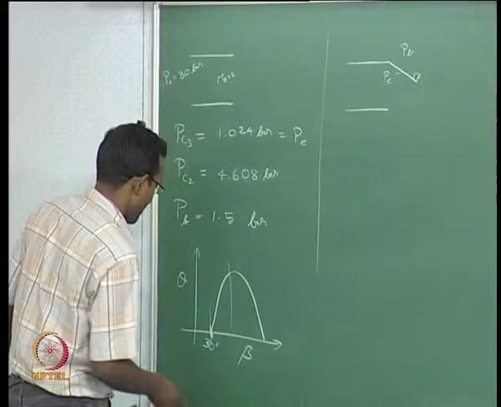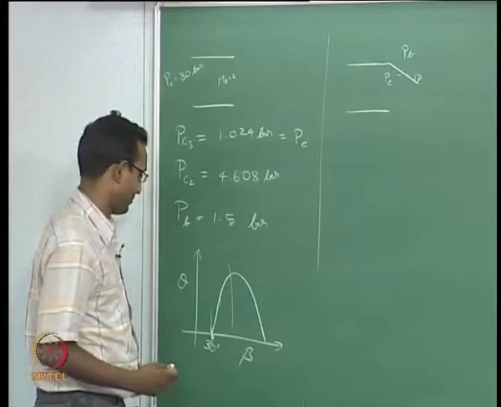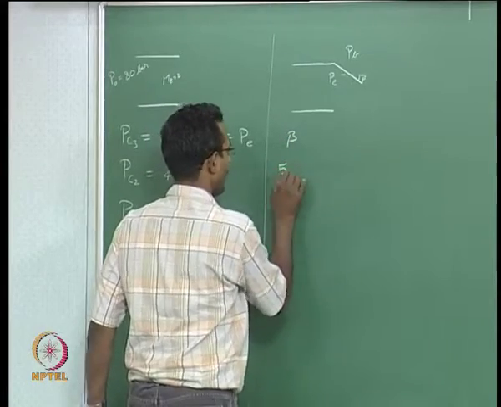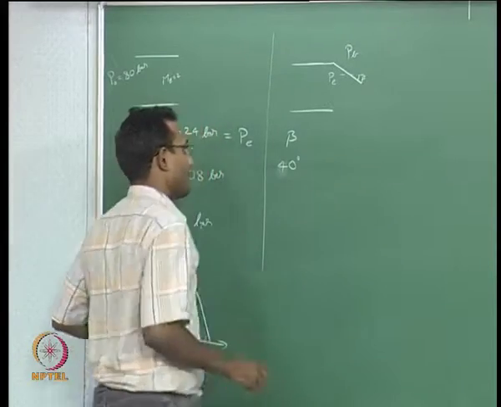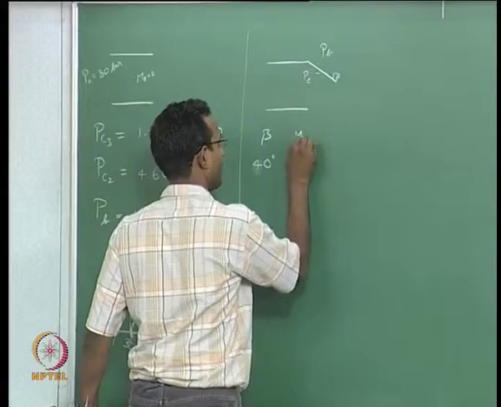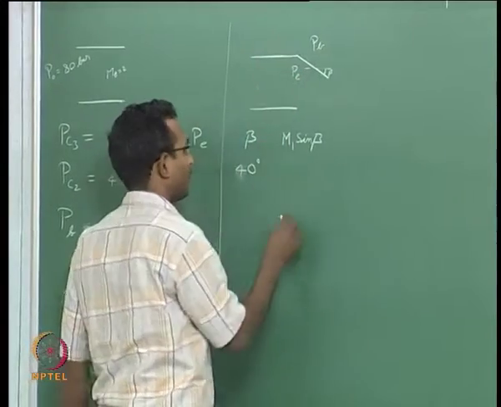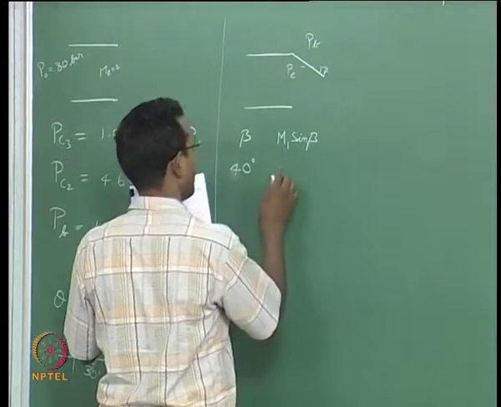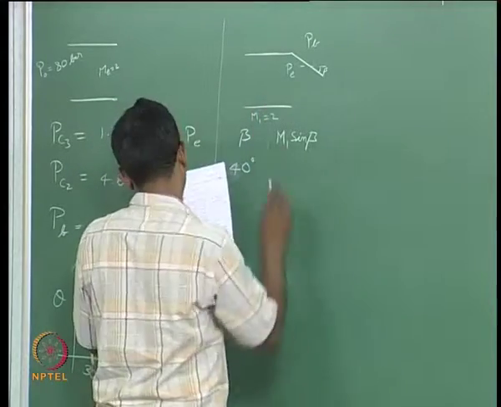Let us pick a value of beta of 40 degrees. I could pick 50, but I know the answer should be close to 30, so I am going to pick something closer for easy convergence. Sorry, I said 40, not 50. We will pick a value of 40 degrees. If I pick a beta value, immediately I can find my M1 sin beta, that is the normal component for that particular oblique shock, which is what matters to find the P2 by P1 across the shock. I know my M1 value is 2, which is the exit Mach number at that end of the nozzle.